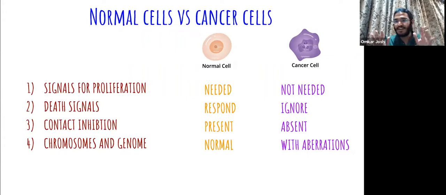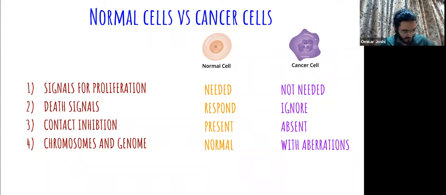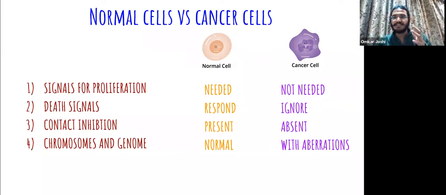So as I was telling you guys, cancer cells will duplicate, replicate, and proliferate themselves in the absence of any growth signals, which basically means regardless of whether you are providing them growth signals or not, you are telling them grow, don't grow, they'll just keep growing, right? Because that's what they do. Now, the second point is death signals. When I say death signals, it means both death signals and signals which tell the cell to stop growing. For example, anything telling the cell to stop growing, the normal cell will respond to it. It will say, okay, I'll stop growing. The cancer cell will just ignore it. And again, we'll come to the reasons very soon, but the cancer cell will be like, no, I don't care, I'll keep growing.